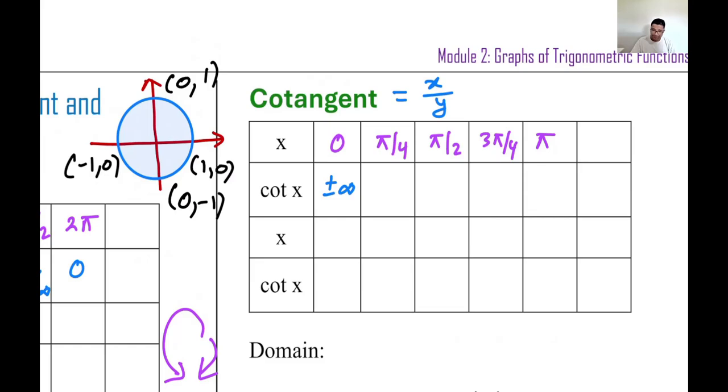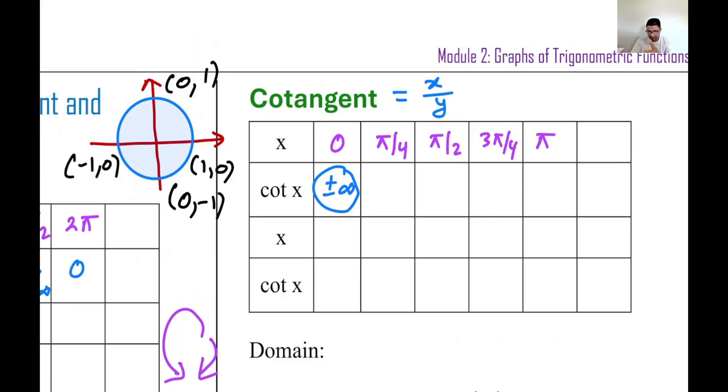It's undefined, by the way. I keep writing this plus minus infinity, but you will see in textbooks written undefined. I hope you are very clear at this point what it means. It is undefined because it's not plus infinity or minus infinity. It's going to have both values, but on opposite sides of that asymptote. I write plus minus infinity for that clarity, what we will find in the